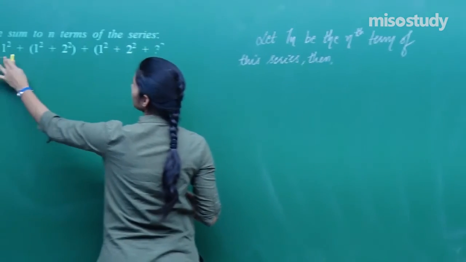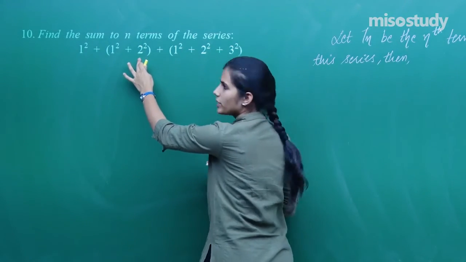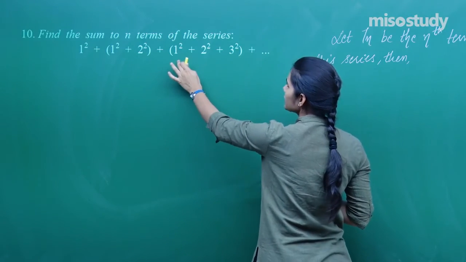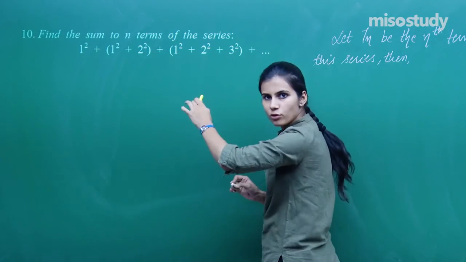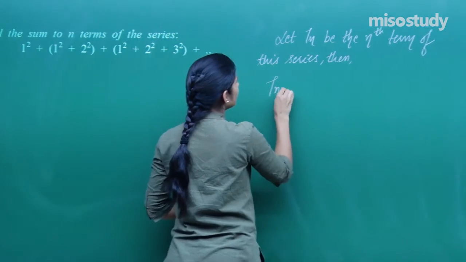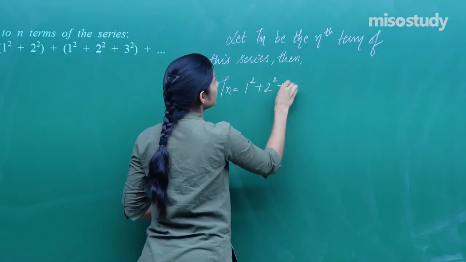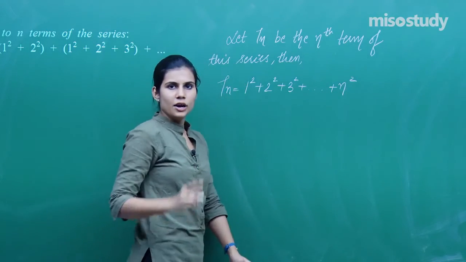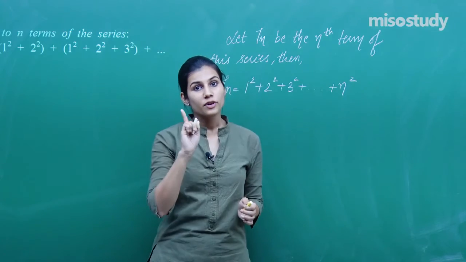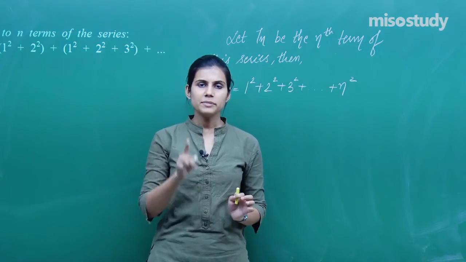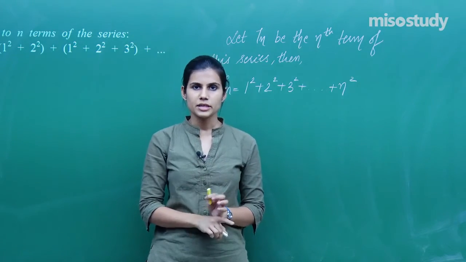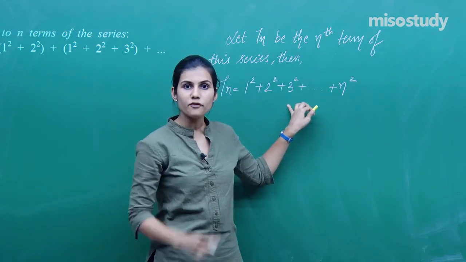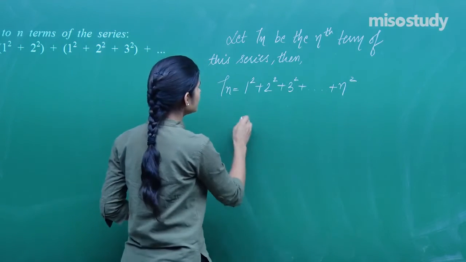First term is 1 square, second is 1 square plus 2 square, third is 1 square plus 2 square plus 3 square, fourth will be 1 square plus 2 square plus 3 square plus 4 square. So nth term will be 1 square plus 2 square plus 3 square and so on plus n square. First term is sum of square of first natural number. Second term is sum of square of first two natural numbers. Third term is sum of square of first three natural numbers. So nth term is sum of squares of first n natural numbers, which is this,